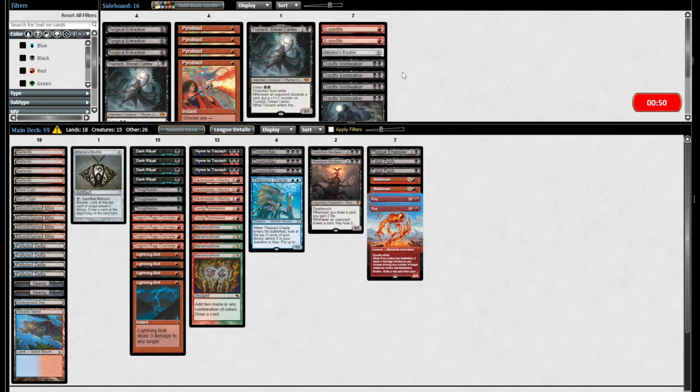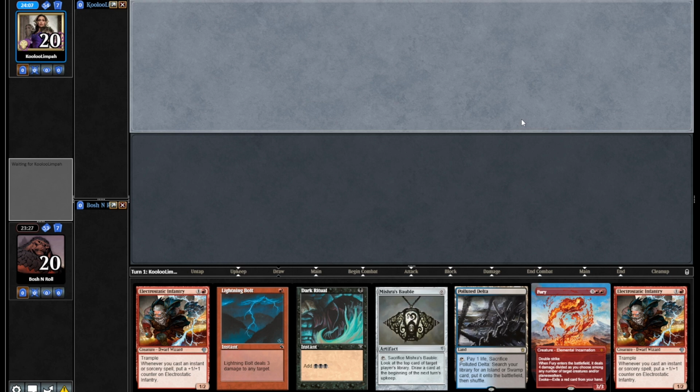Oh, this is 59 cards. I even get to keep one of these? Oh, right, because I already boarded out Tourach. I'll keep the Mishra's Bauble, thank you. And Expedite and Voidwalker out. Fury, Fatal Push, Plague Engineer in. And I get to keep my Doomsday combo. Done. Let's go. This hand is...